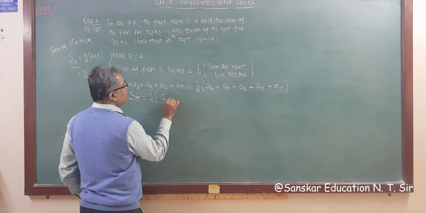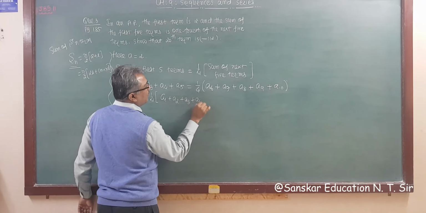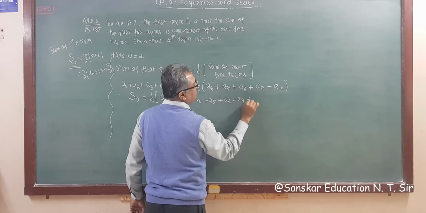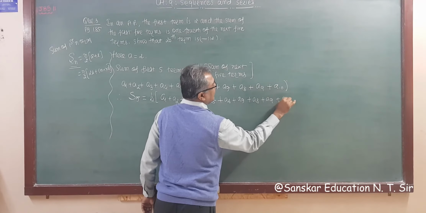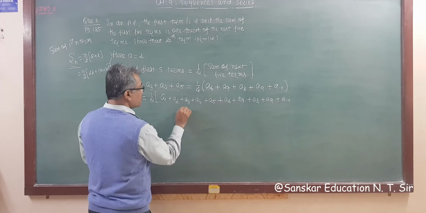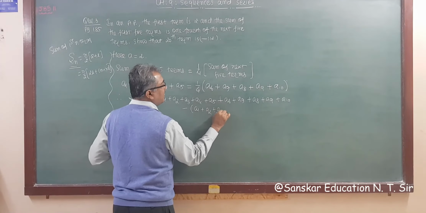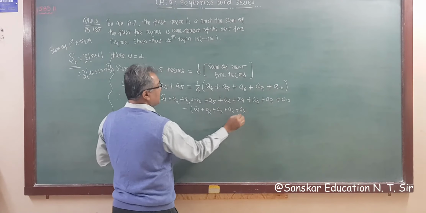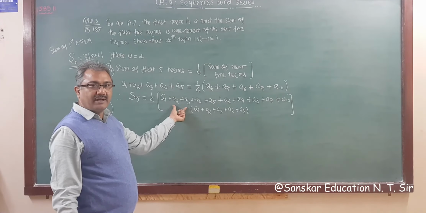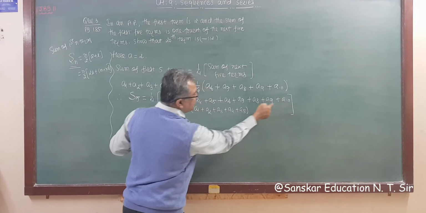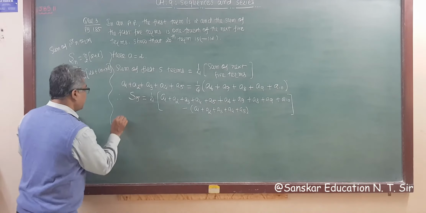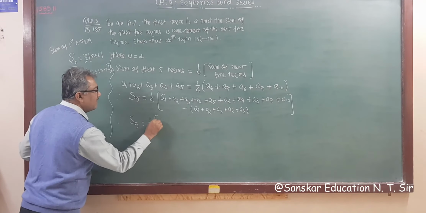So we add 1 to 5, that is A1 plus A2 plus A3 plus A4 plus A5, and then A6 plus A7 plus A8 plus A9 plus A10 are already there. Since we added A1 to A5, we have to subtract also: minus A1 plus A2 plus A3 plus A4 plus A5. यह जो मैंने लिखा है वो आपकी अंडरस्टैंडिंग के लिए लिखा है, ये लिखने की जरूरत नहीं है, राइट? ये 1 to 10 टर्म कंसेक्यूटिव टर्म का सम है, ये 1 to 10 नहीं थी, 6 to 10 थी, तो हमको डायरेक्टली लिखना है, हम ऐसे लिख सकते हैं.